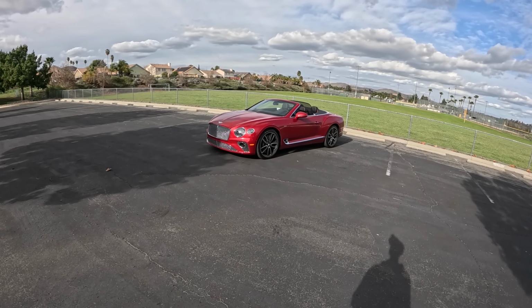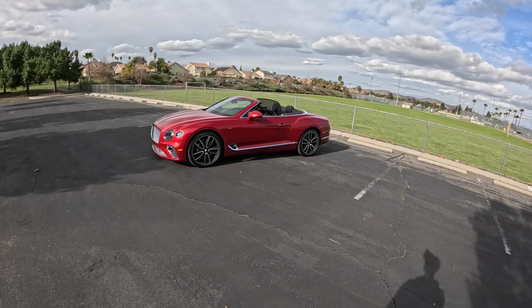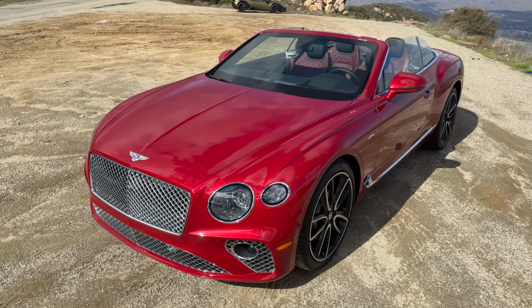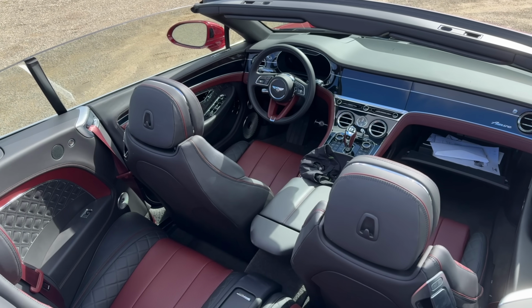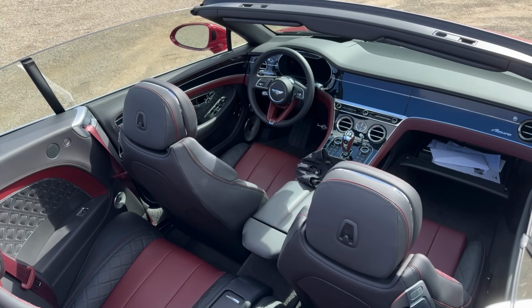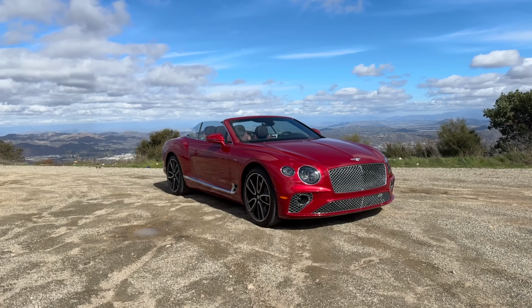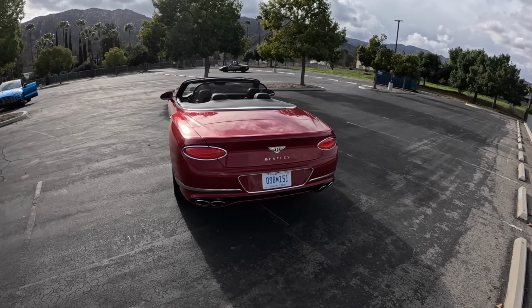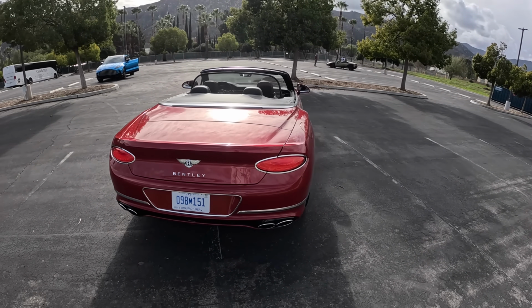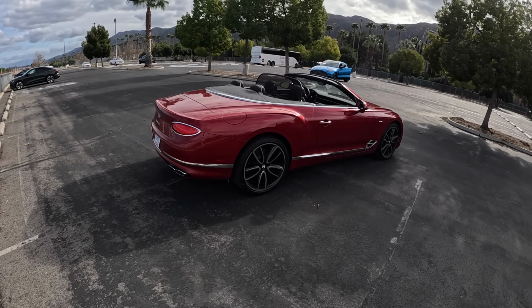Welcome back, I'm Tedward, and welcome to the 2023 Bentley Continental GTC Azure. I love a Continental, but I'm more familiar with old school Bentleys because of my good friend Chris at the Depreciation Society, who's always putting me in his 04 Azure, his Continental GTs that are W12s, and all these other things. But I've been really looking forward to driving the latest and greatest of the Continental, and this is absolutely